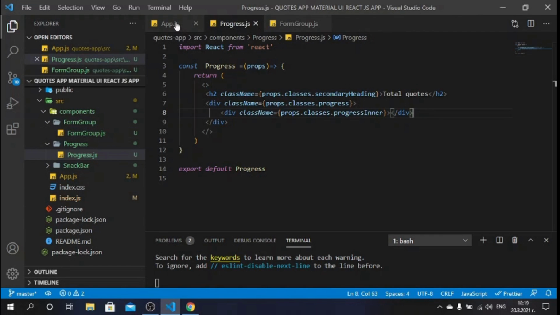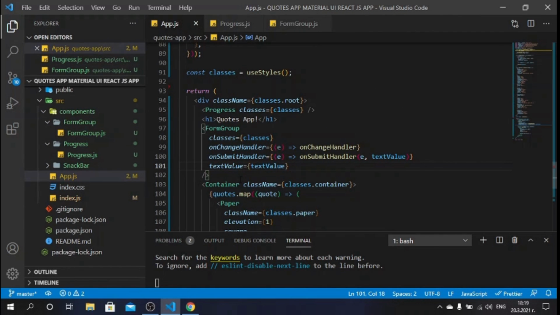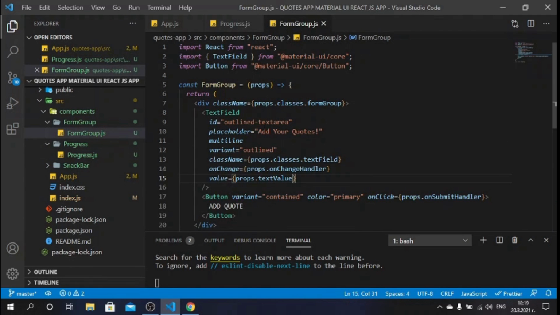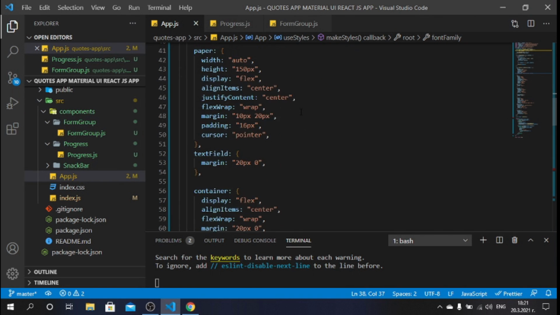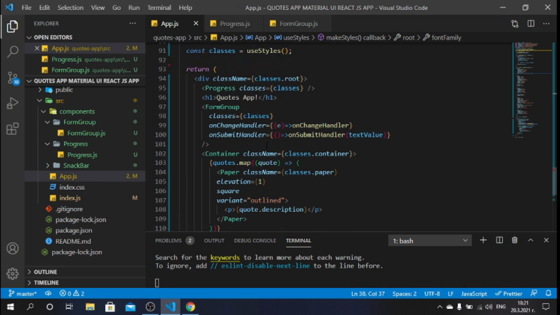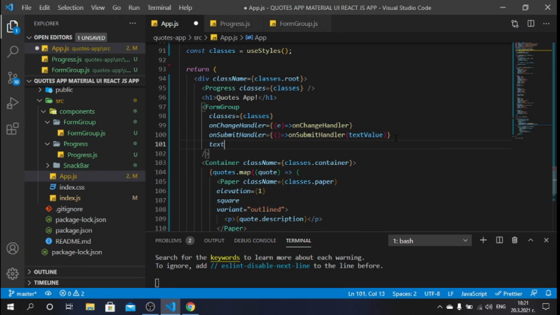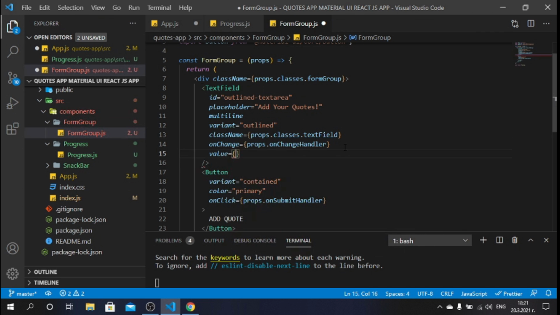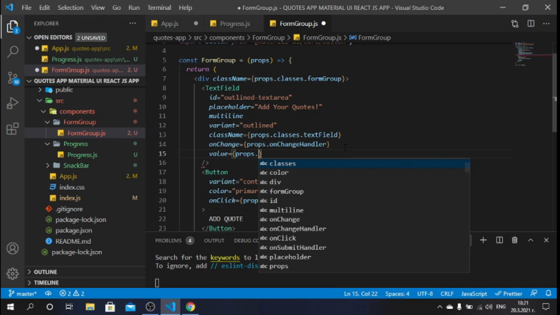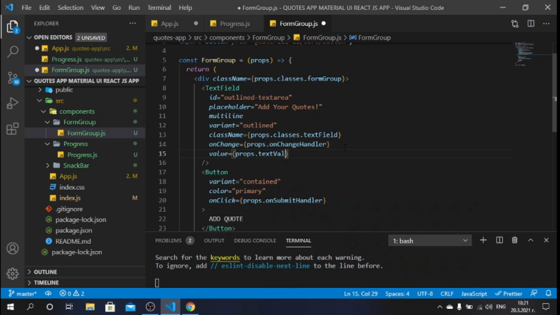And why it's blocked is because we have a mistake somewhere. And the reason why we don't see that is because we haven't provided the value as a prop to our form group. So I can say text value to be equal to text value. And here in the form group.js file, I can say value to be equal to props.textValue,